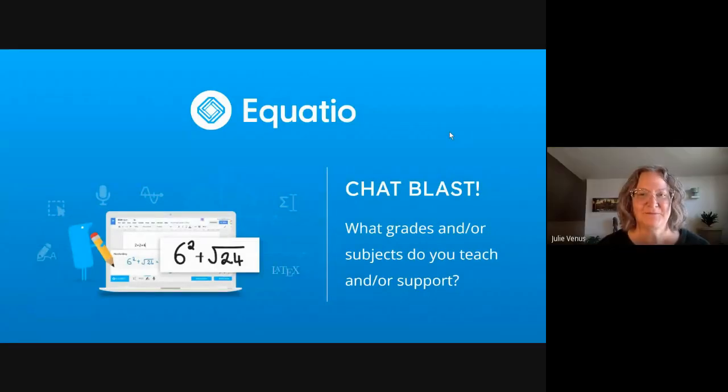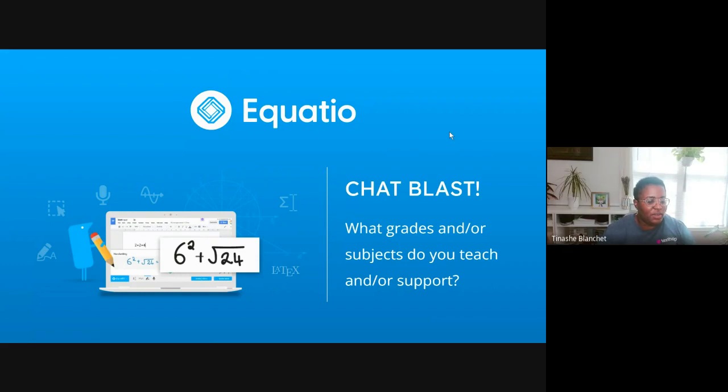Yep, looks great. Okay, so if I can just get everyone, I know there's only 3 of you, to drop that information in the chat. I think all 3 of you are, I know there's Julie and her mom and Shannon, and I think that Julie and Shannon, you are AT folks, right? It would help me to know what grade levels and subjects you support.